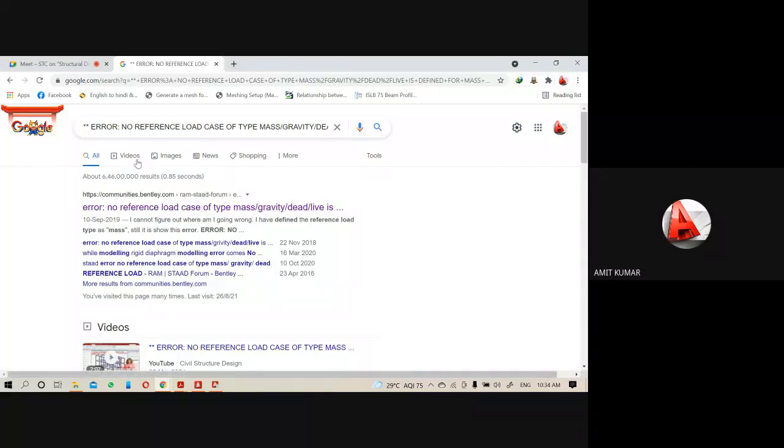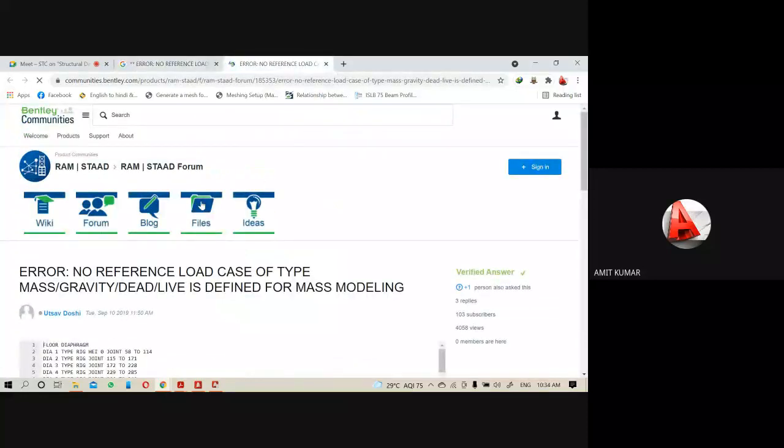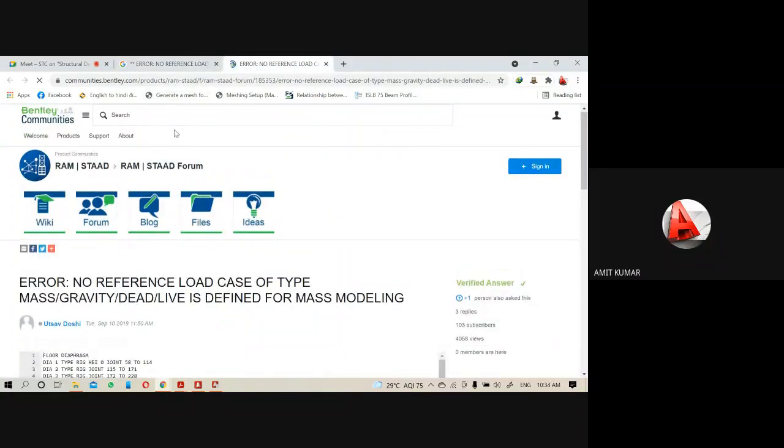But communities.bentley will support you every time. Whenever you get any type of error, you can search it on communities.bentley. And even if you are not getting your answer, then you can submit your queries here, and then a support team will guide you on how to use it.